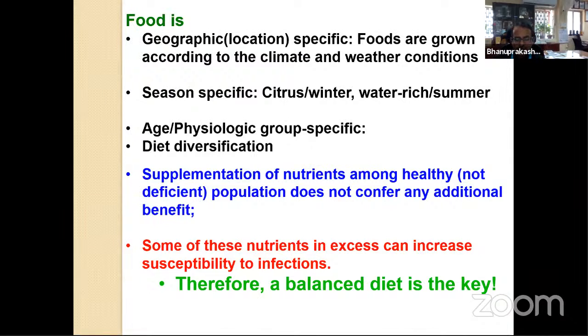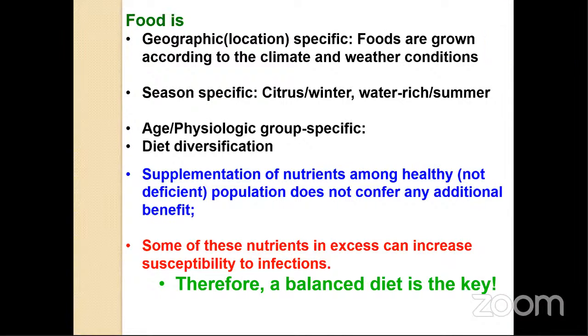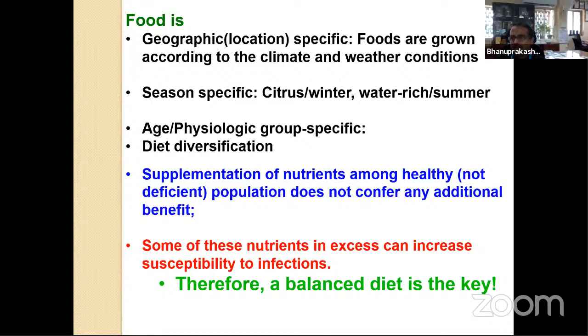When I say diet diversification, what does that mean? You should take as many varieties of foods as possible. If you simply take only rice 3 times a day or wheat 2 times a day, all you get is carbohydrates. But in the book, what do we teach? We need carbohydrates, proteins, fats, and micronutrients, vitamin A, B, B1, B2, B3, vitamin C. So how do we get all these if you take only rice and a little bit of pappu or dal? We have to take as many varieties as possible, for one simple reason: no single food gives you all the nutrients that are required for the body.